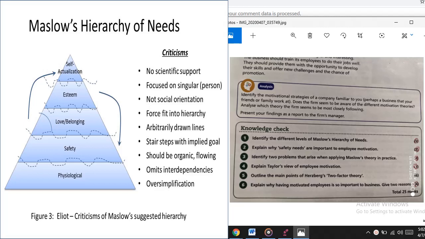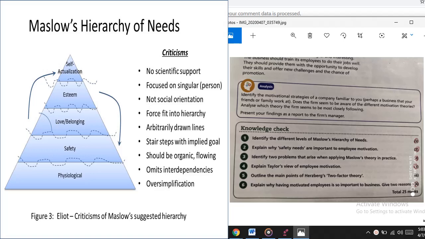Okay, the first one is there will always be exceptions to any general theory. That means not all theories will be accepted by all people. For example, employees may place little value on gaining praise or developing their potential. For example, if you're an artist or a musician, you might seek creative needs before financial rewards. That means you might seek fame before you look forward to having more financial rewards. Second,